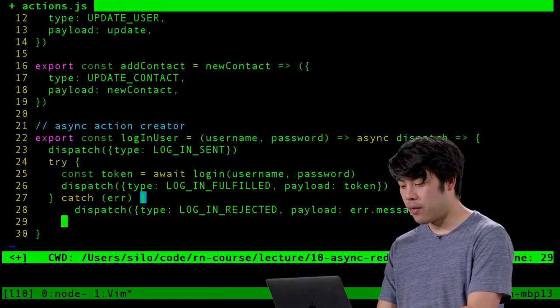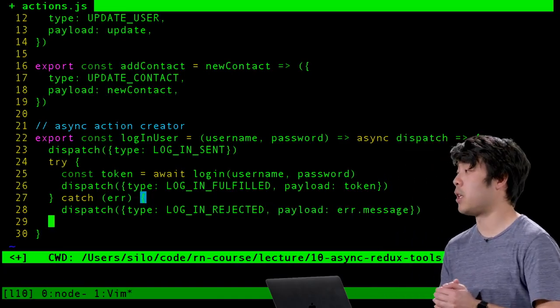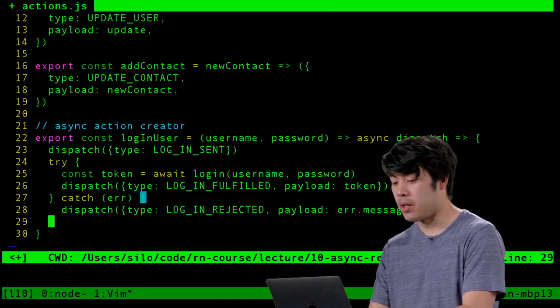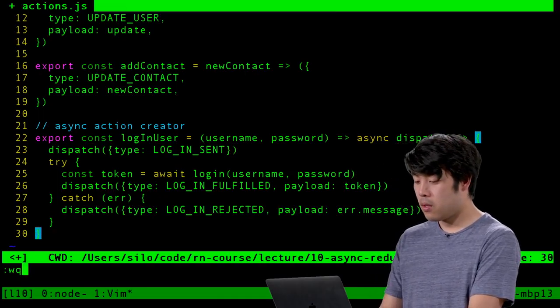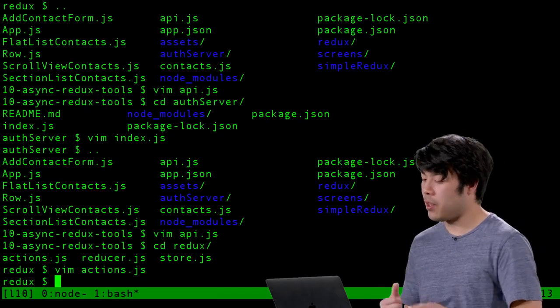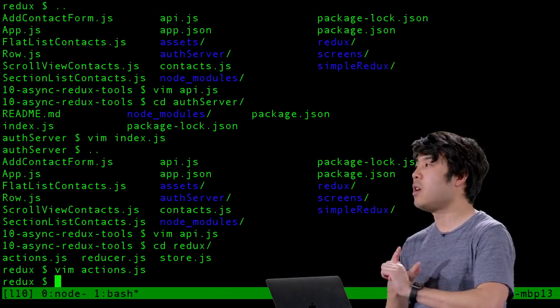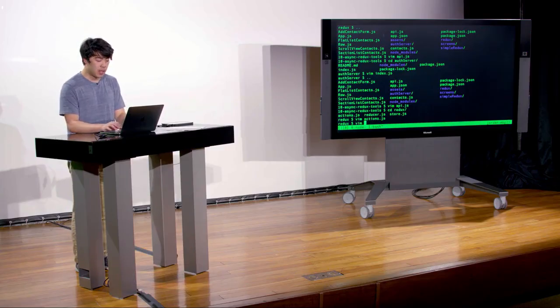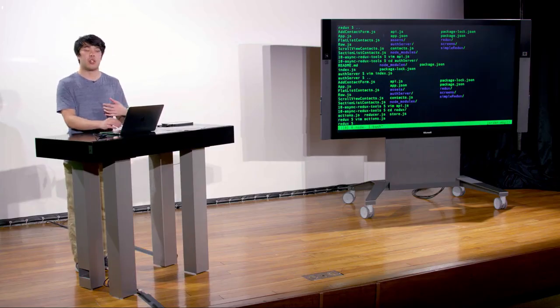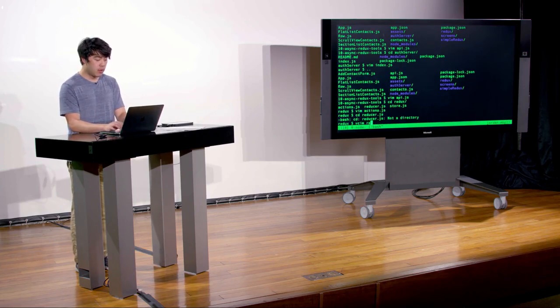And if there is an error, then we can dispatch this particular action type. Great, so now we fixed everything in our API, we fixed the things in our actions, and we went ahead and implemented our reducer to check for those particular values. So to just review that really quick,